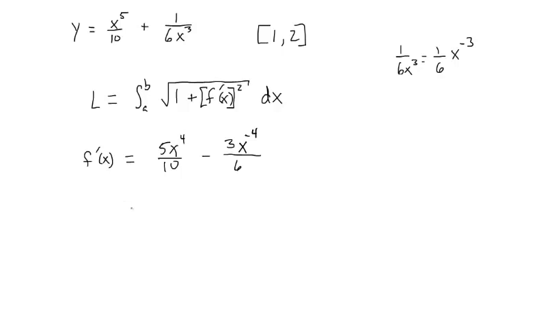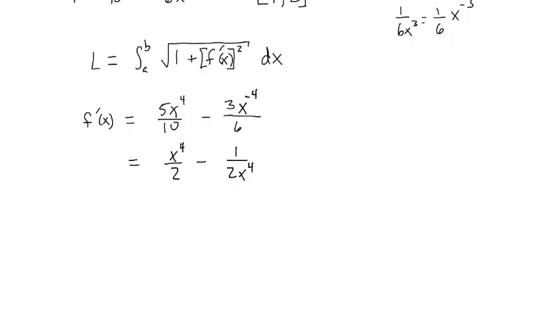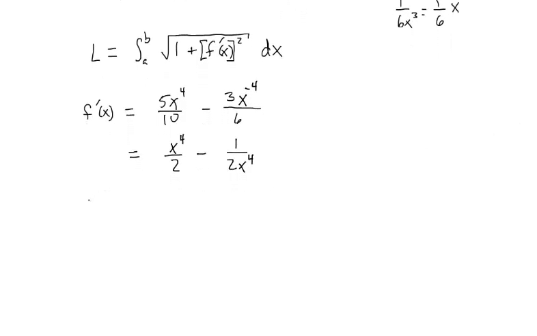And now I'm going to simplify this, so I can say that I have 5 divided by 10 is 1/2, so x to the fourth over 2 minus 3 over 6 is also 1/2, so we have 1 over 2x to the fourth. And now the next thing I'm going to do is square this, so I have f prime of x